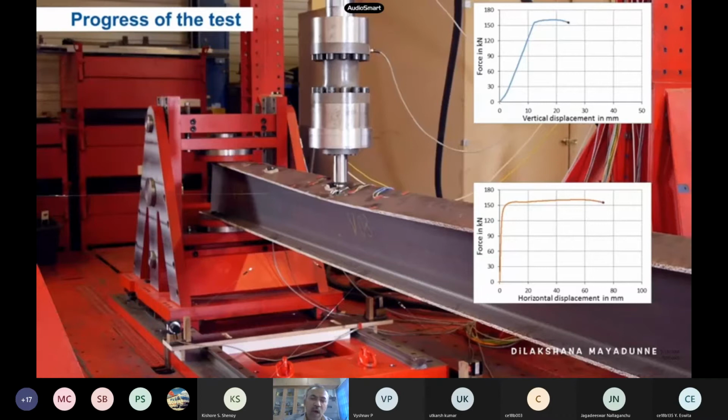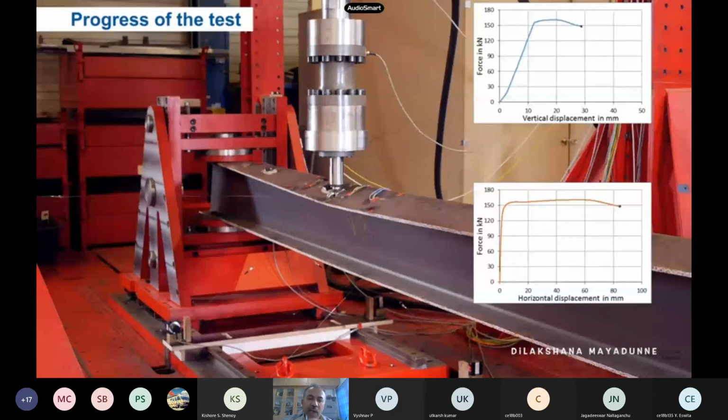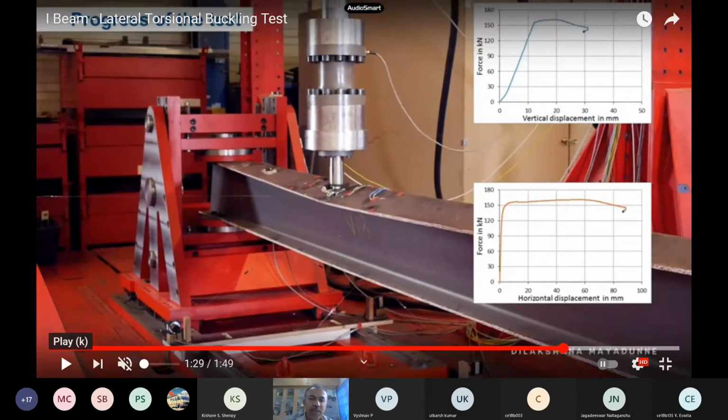So you can see here. So now you see it has almost buckled in the lateral direction. So you can see this lateral torsional buckling, from this for an I beam. See, this is a mode shape actually, how the beam buckles in lateral torsional buckling. Followed. So generally, when you apply the load, the beam should bend, but it may happen the other way around also, like our columns.